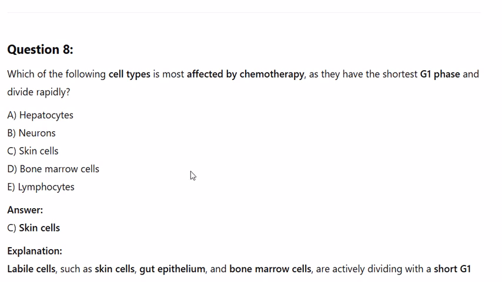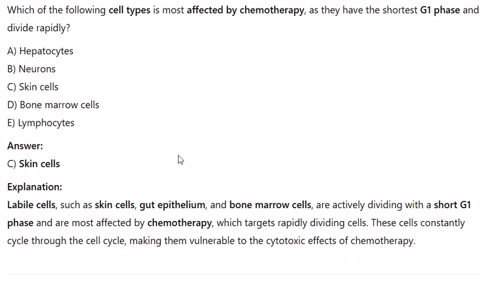Question 8. Which of the following cell types is most affected by chemotherapy as they have the shortest G1 phase and divide rapidly? A. Hepatocytes. B. Neurons. C. Skin cells. D. Bone marrow cells. E. Lymphocytes. Answer. C. Skin cells. Explanation. Labile cells, such as skin cells, gut epithelium, and bone marrow cells, are actively dividing